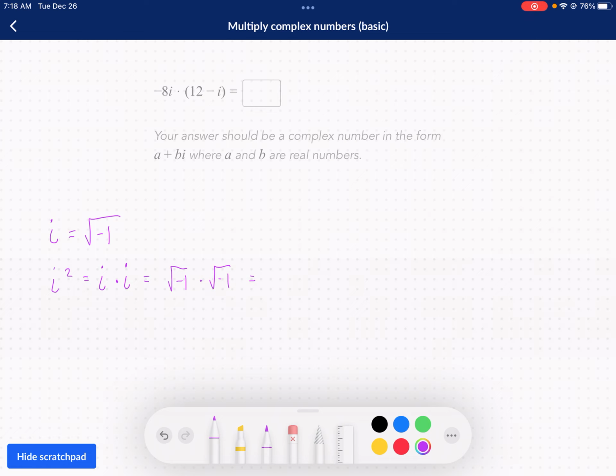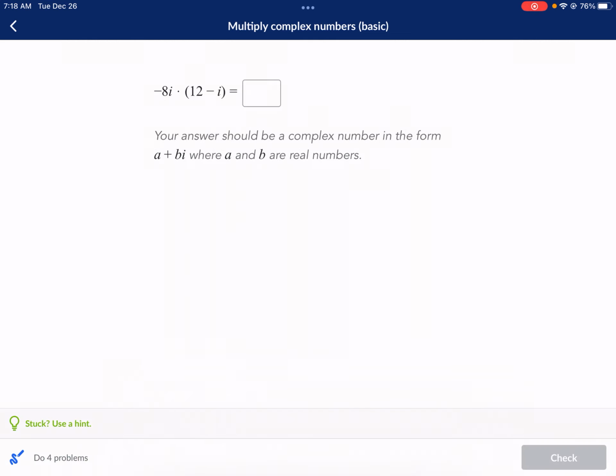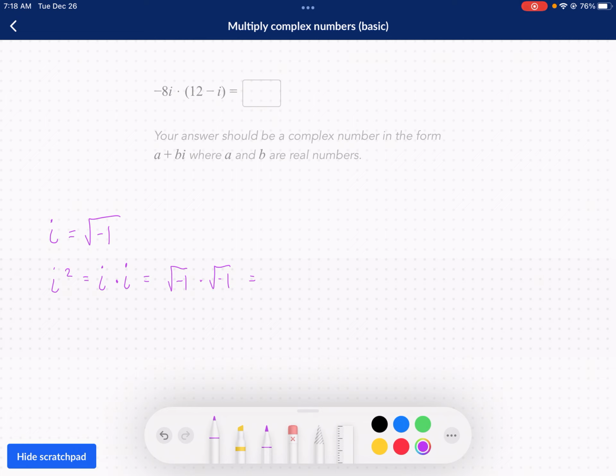Before we get started, I want to talk about this number i. As we can see here, we have negative 8i times the quantity 12 minus i, and it wants it in complex form, where a and b are real numbers, but i is not. So what is i? If you haven't learned about this already before this exercise, i is equal to the square